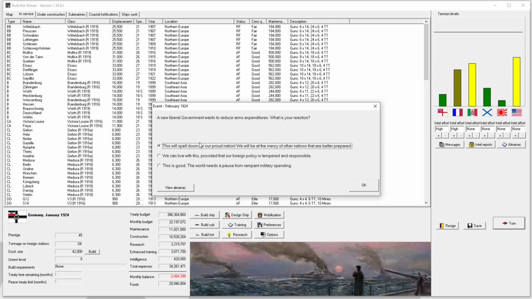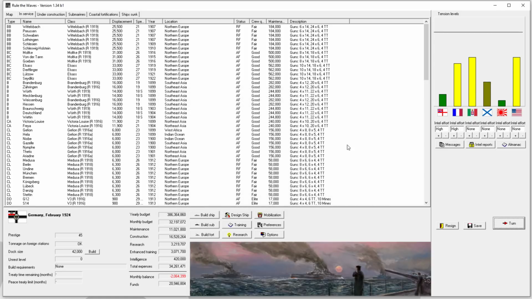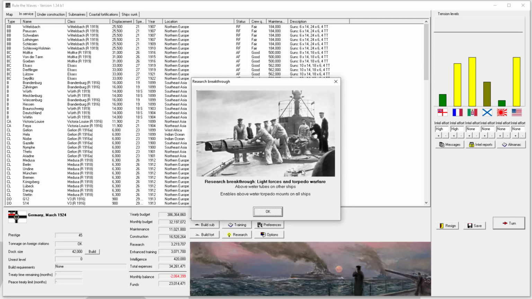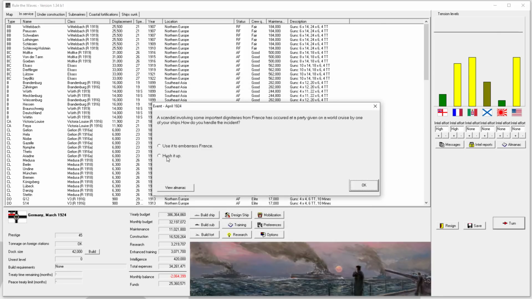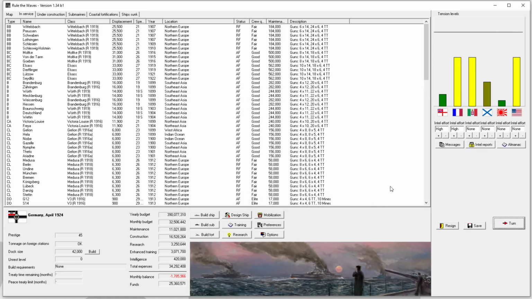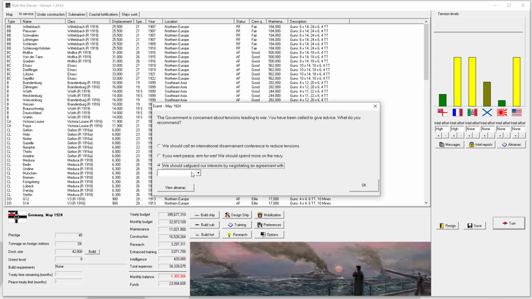So I think we're going to go ahead and say this will doom our nation. Which, okay, Italy seems to be most upset about that. Okay, that's kind of an important one for light cruisers. Our light cruisers can now be... Oh, yes. France is, I think, still our number one target, potentially. Speaking of... Oh, this is...